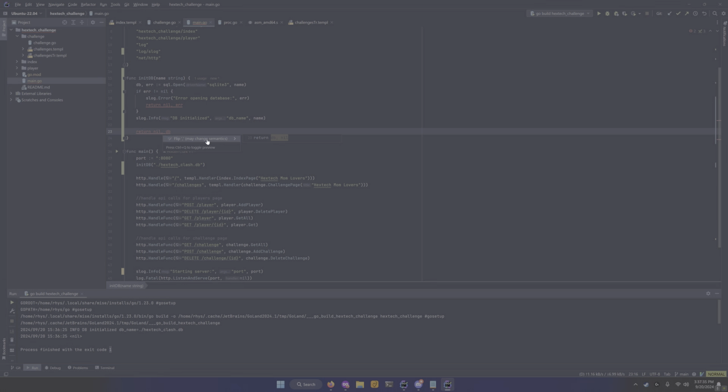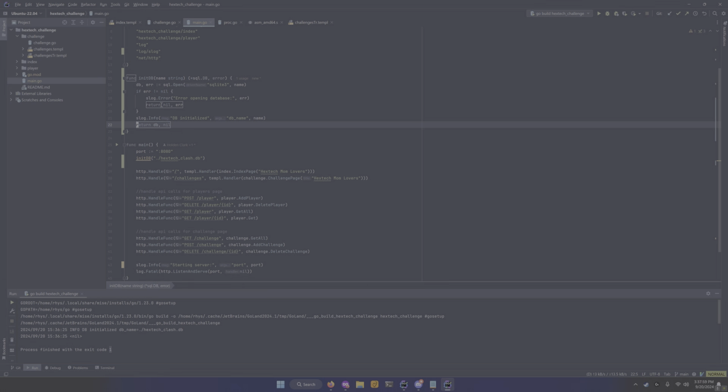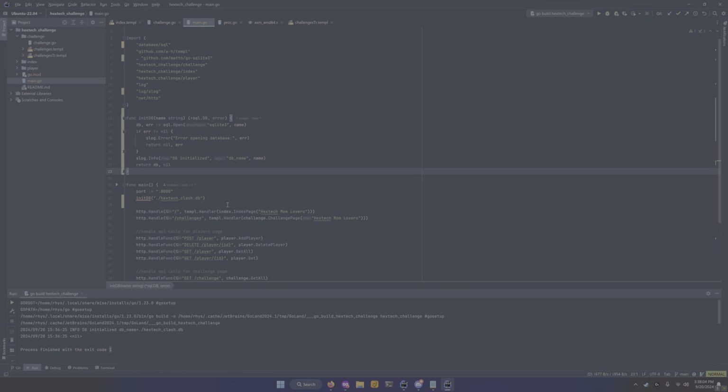You know what I want to do. There we go. So it returns a pointer to a SQL DB and an error. Like so. Okay, cool. So we can't have the defer statement in here, because as soon as this finishes, what we want is to have the defer statement here. So to do that, we need to